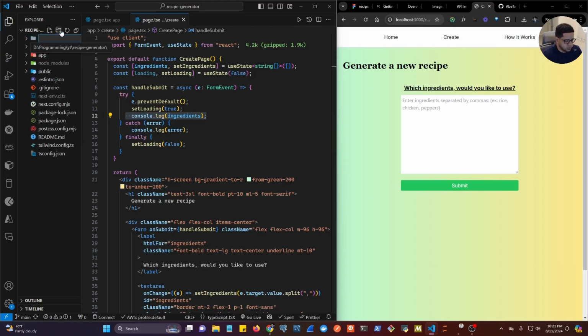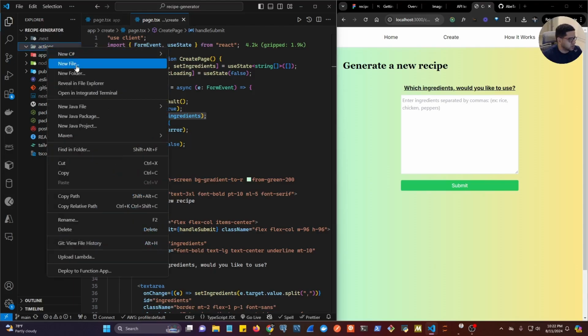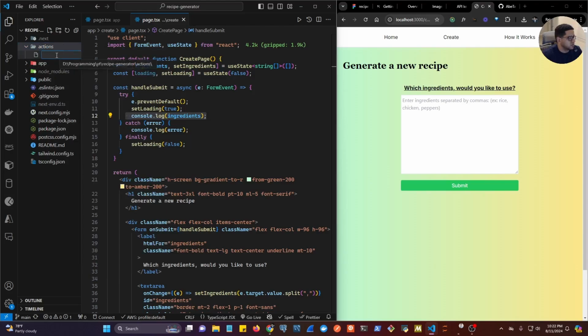We're going to create a new folder, actions. This is basically going to be our server actions. So we're going to create a new file. For the generate recipe, I want to have a separate file. So let's just do generate recipe